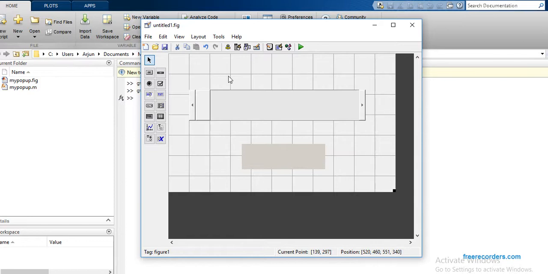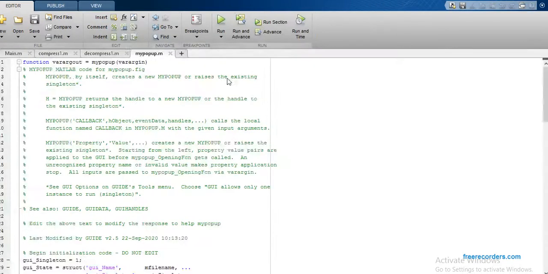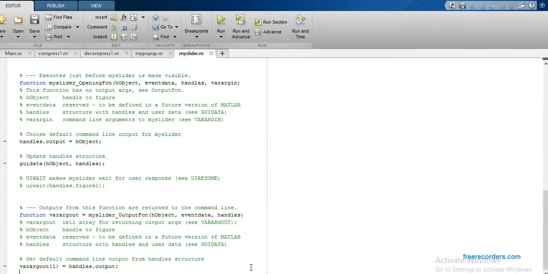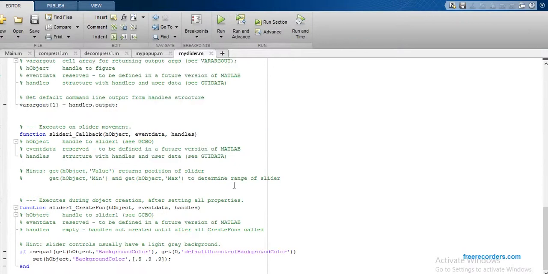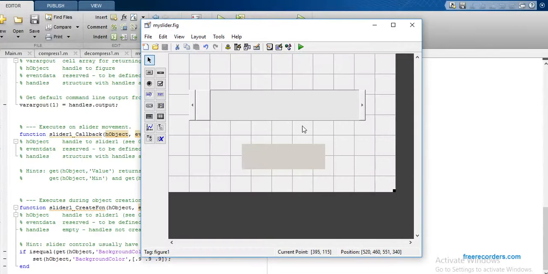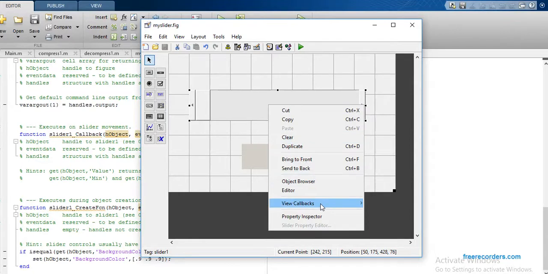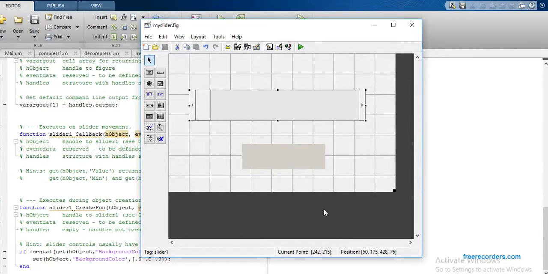And I have the file with the name my slider.fig. Now, this is the equivalent .m file for this fig file. Okay, now just right click on the slider and click on View Callbacks.